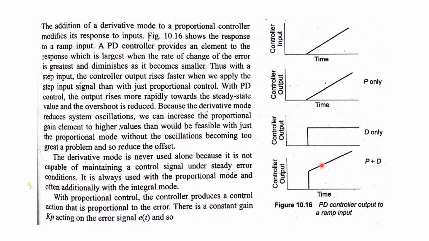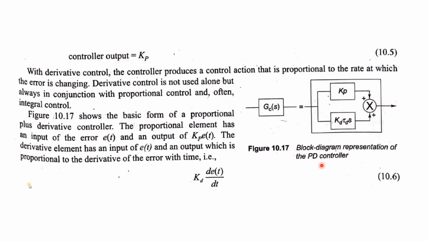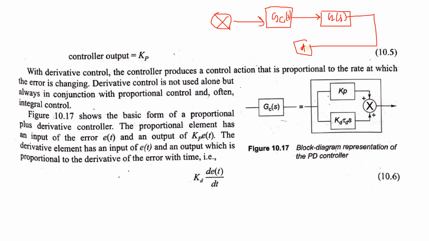So with the proportional controller, the controller produces a signal action that is proportional to the error, and there is a constant gain. So you can see this is the KP over here, this one. Now this is actually the controller. Inside the controller, suppose this is the Gc(s), the controller, which is in series with that particular plant. That we suppose this is a closed loop system. This is the summation point. So this is the Gc, gain of the transfer function of the controller, and this is the actual plant, G(s). Then we have H(s), whatever.